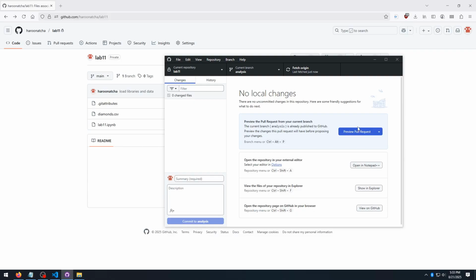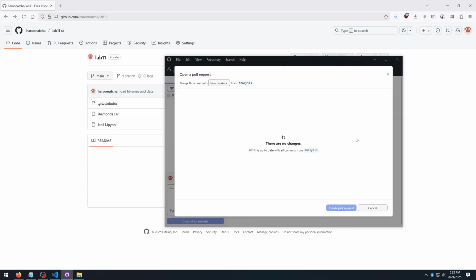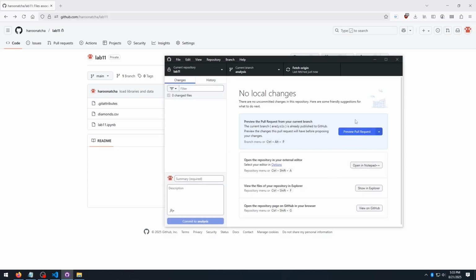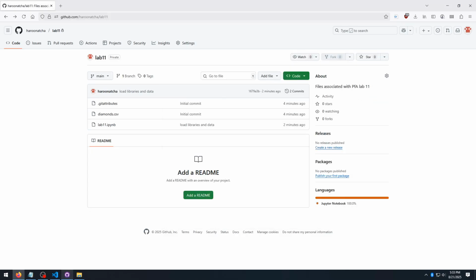So no, not exactly like a tree. I don't know a lot of trees that work like that, but I think you're getting the visual, hopefully, right? Once we're done developing on our own isolated little path, we want to join back up with everybody else, and we want to do that. So let's go ahead and create a pull request. And there are no changes yet, so we can't create a pull request. So why don't we continue developing on this branch, and when we make some changes, then we can create a